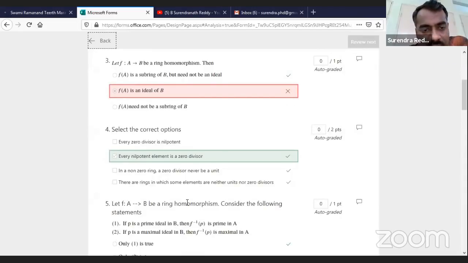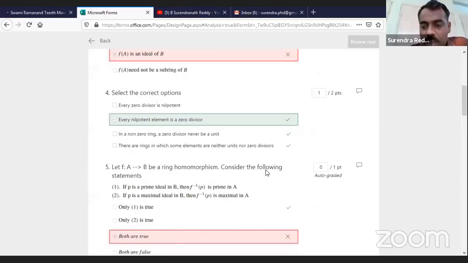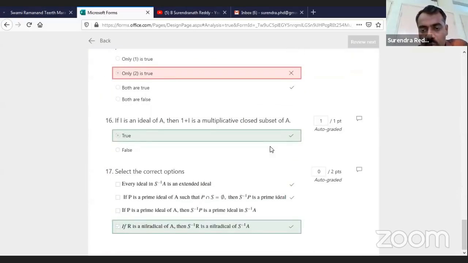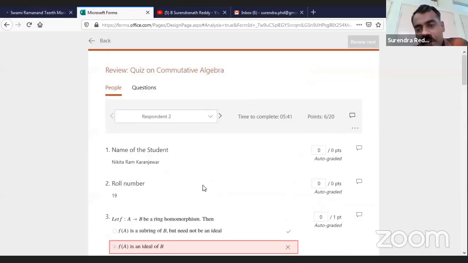So he doesn't get any marks for this, because this is the correct answer, but he has selected wrong. Now, whereas here, this fourth question, if you see, there are 3 correct answers. But he selected one as a correct answer, the remaining he did not select. So if you think that you should give some marks, you can select one here, right? So in this way, you can give marks manually also. And once you give marks, this will be reflected in there. And if you want, you can go to next and so on.